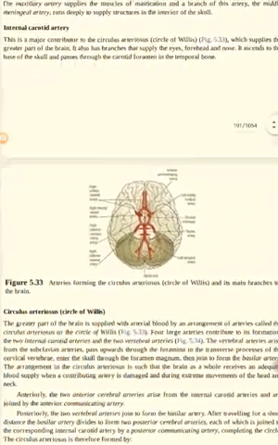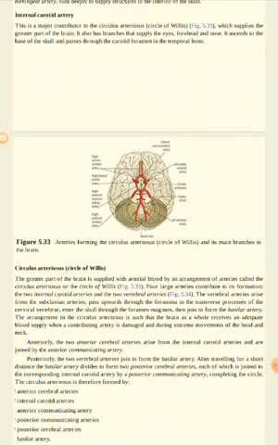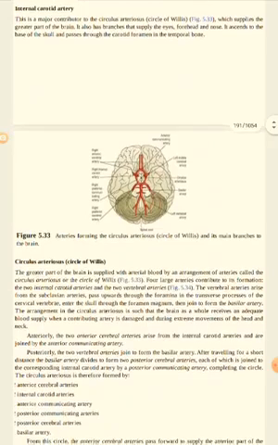Actually, we don't learn much about where the vertebral arteries arise from. Vertebral arteries arise from the subclavian arteries, and they pass through the foramina in the transverse processes of the cervical vertebrae, the vertebrae in the cervical region of the neck. So this artery passes through those foramina, arising from the subclavian artery. Finally, it passes through the skull.